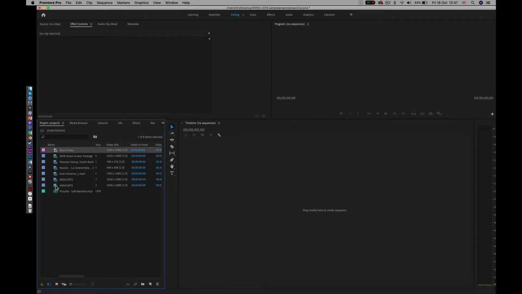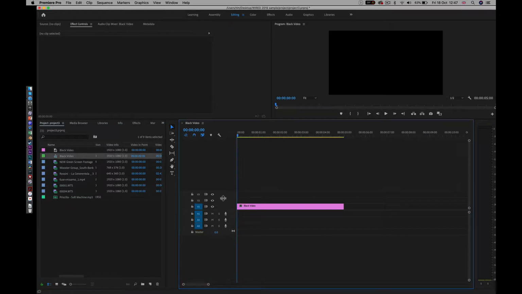So when I drag anything here into this area over here, it will create a timeline based on the resolution of the particular clip. So given that I want to make an HD video, if I was to take one of the lower res clips like this Worcester Group one here, which is only standard definition, then the whole sequence, i.e. the collection of clips, would be at that resolution, which I don't want. So I'm always going to start, if I do it by using the black video, it's preset to that size, drag it in there, and now as if by magic the timeline appears, and along here you can see the